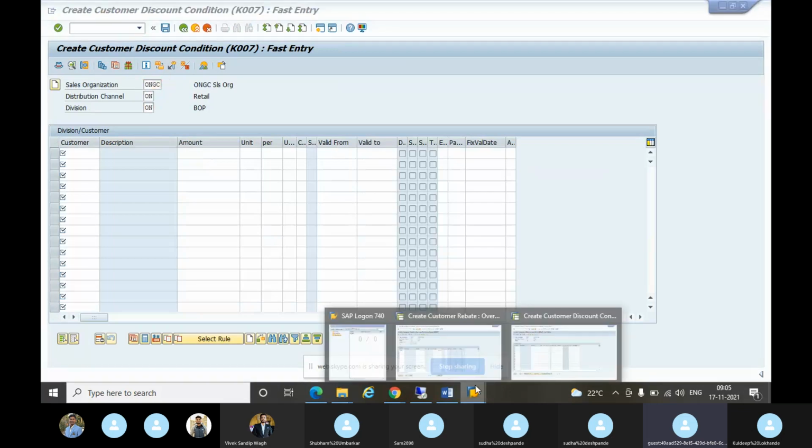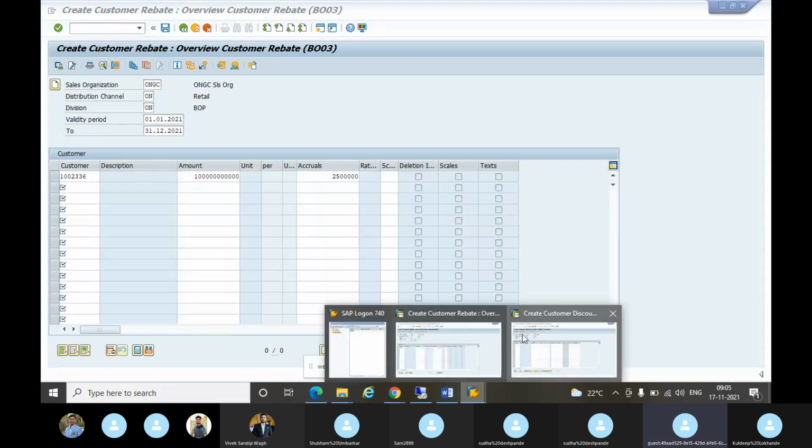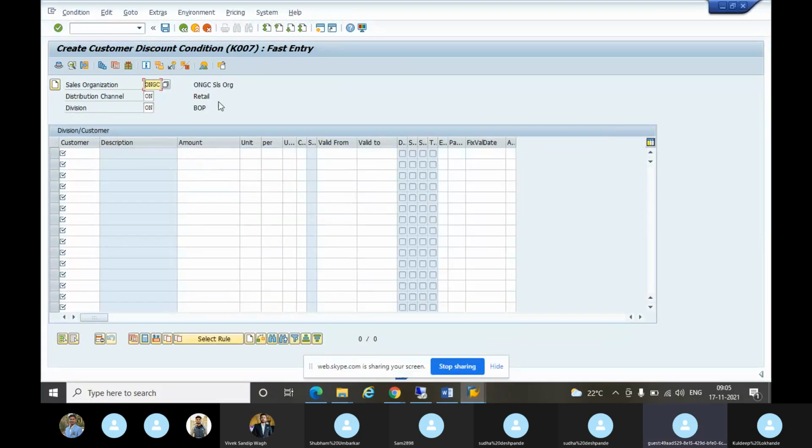Whereas in the rebate, amount is there, accruals is there. In the normal one, no accruals, because it is a 2% discount. It will be deducted in the sales order. That's all. But in the rebate, the deducted amount will be given back to the customer. In the case of K007, in the sales order a 2% discount, say 20 rupees, is deducted. The remaining amount you have to pay. That's all.